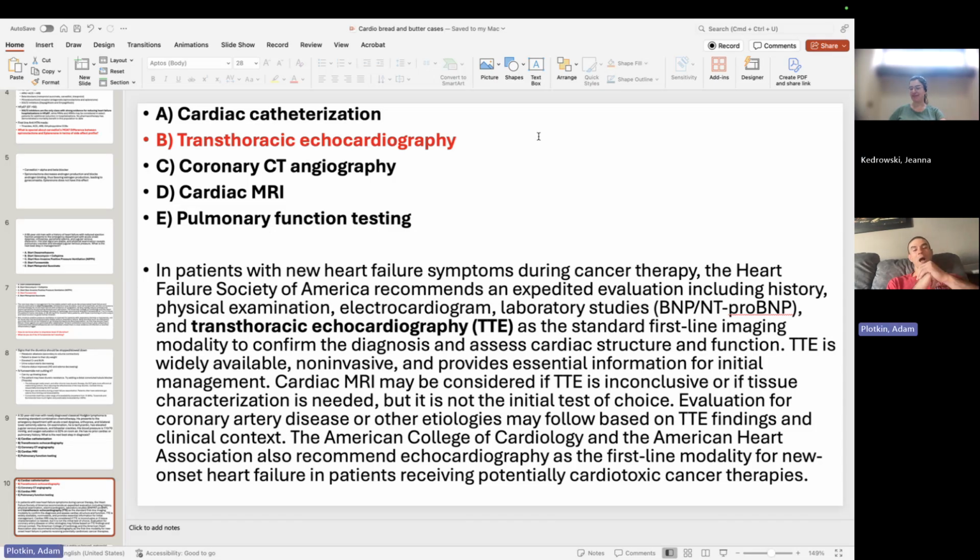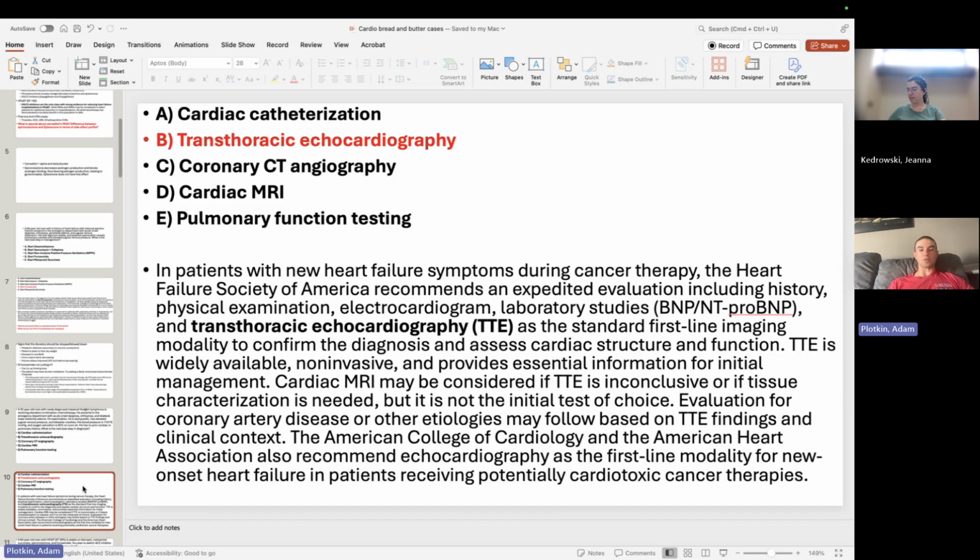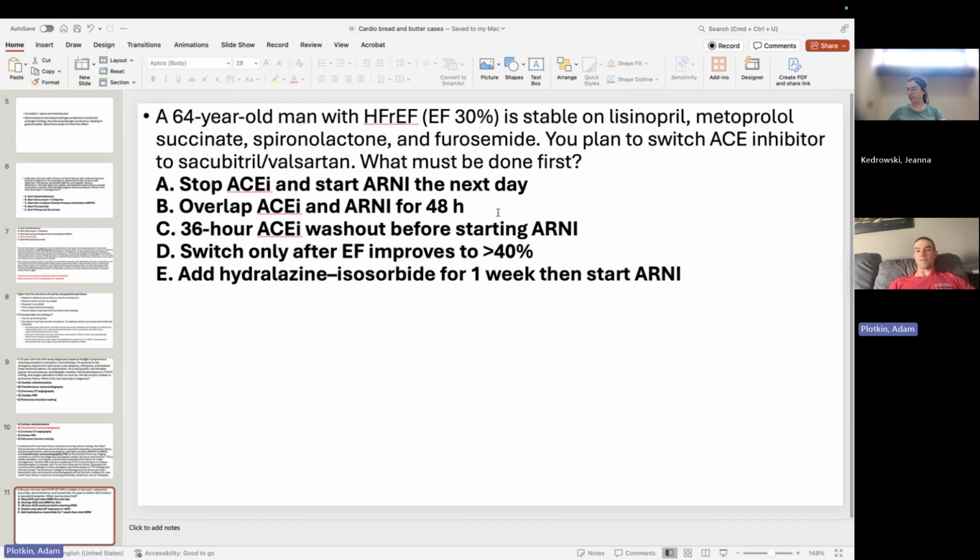Trastuzumab. So another way I've seen them ask this question is they'll say the patient is put on trastuzumab or an anthracycline, and they'll ask which other chemotherapeutic agent should not be added or has a similar side effect profile, X, Y, or Z. Those are the big ones to know. So transthoracic echo, that's what we wanted to get at here for a diagnosis of new heart failure.